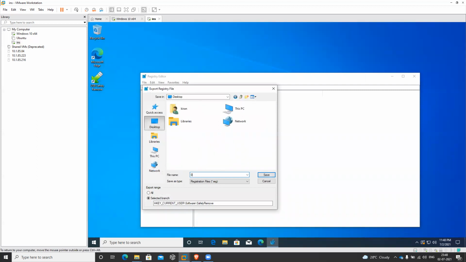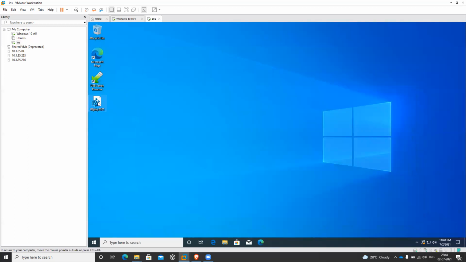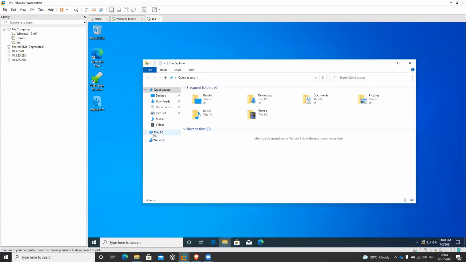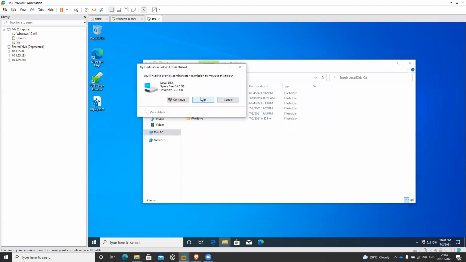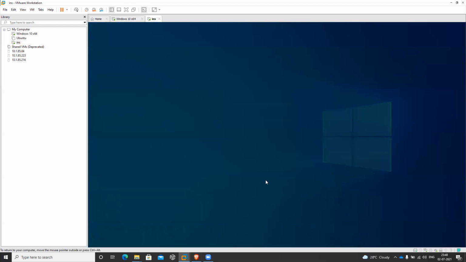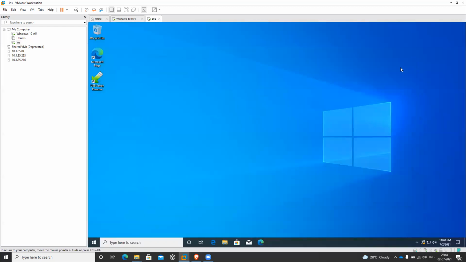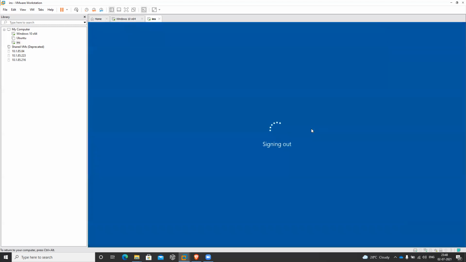I can name it second July 2021. Now you can apply the same registry on the first user also, where it is showing 21 days. Let's try that.